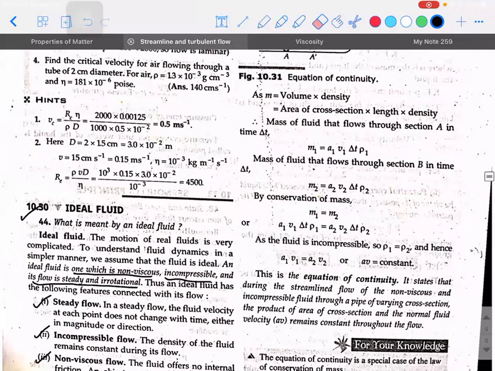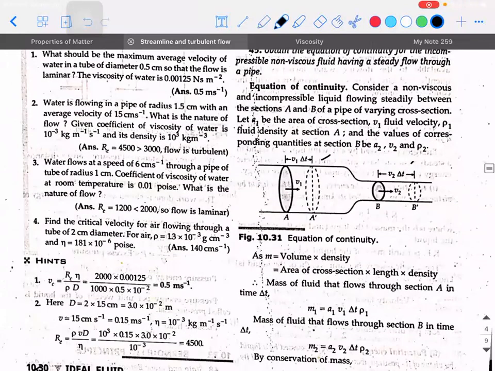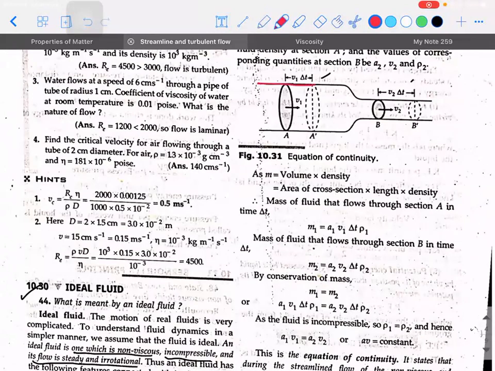Okay. So let's see how it is actually derived, because the derivation can be a part of many problems. You need to know the steps for them. So if I take a tube of varying cross-sectional area, let's say here the velocity is v1, and let's say it has got displaced through a distance of delta x. Similarly, here also it has got displaced, so I will say delta x1 and delta x2.